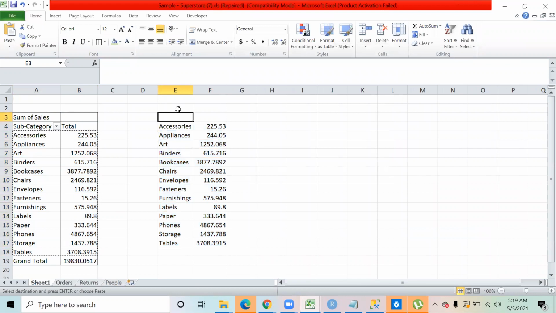Suppose this is a small report that I have created. These are the subcategories, and these are the sales values.